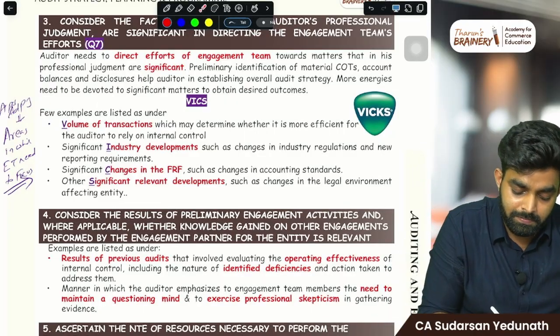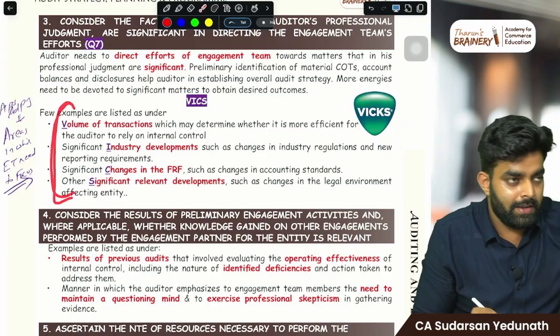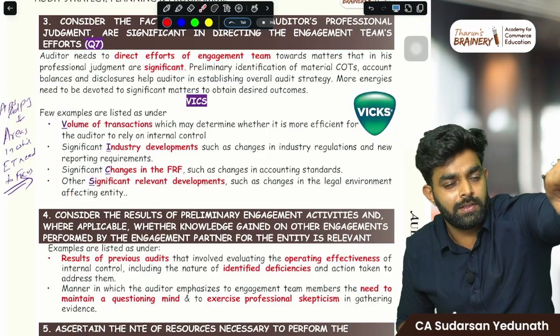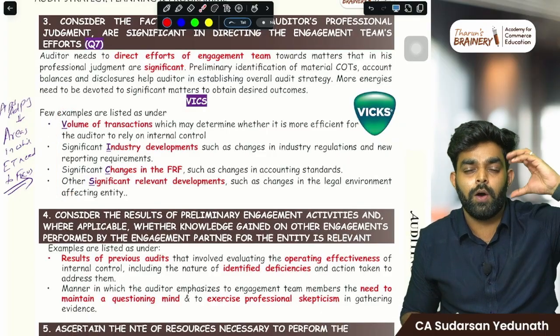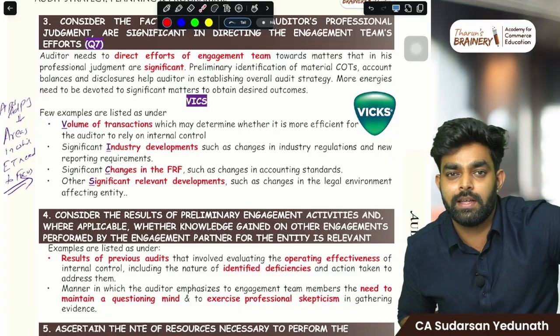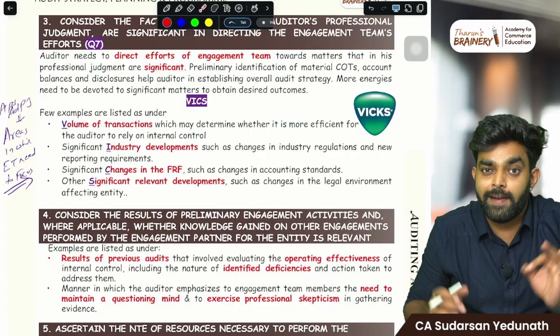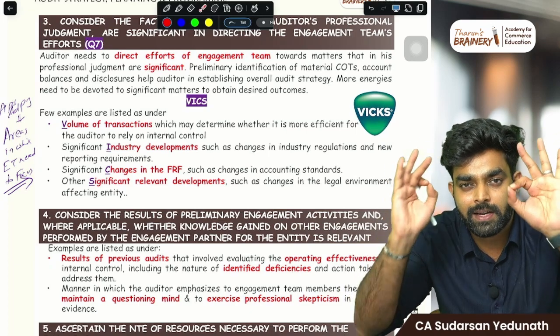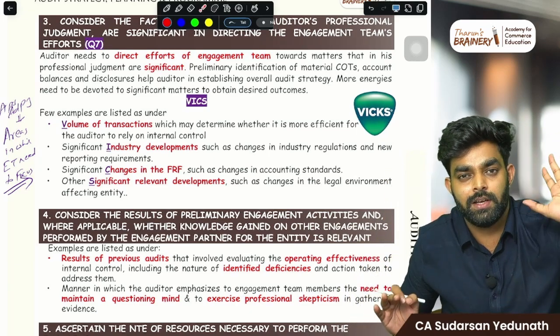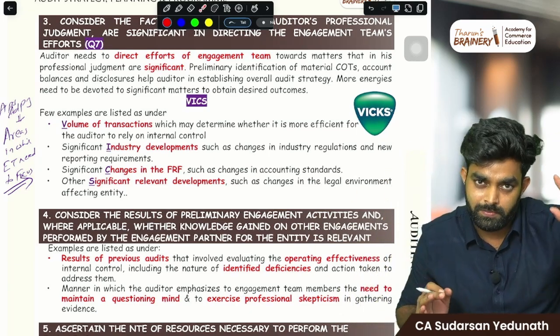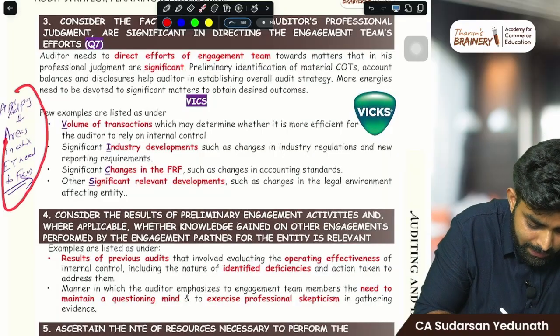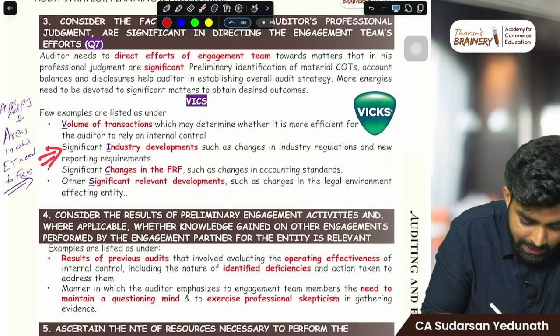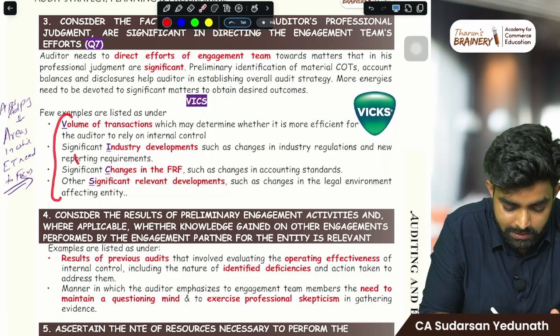So how does the auditor say that debtors and assets are the areas? How has he determined these are the significant areas? So what are the factors? Keep in mind, what are the factors the auditor will consider in determining significant areas where the engagement team needs to focus? As per the auditor's professional judgment, these are the areas. First,